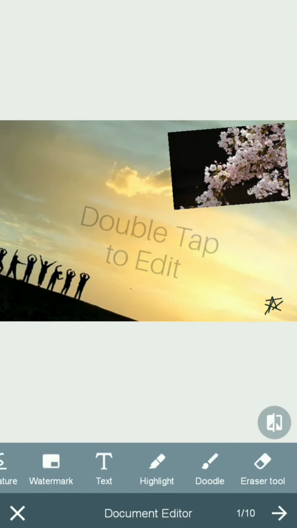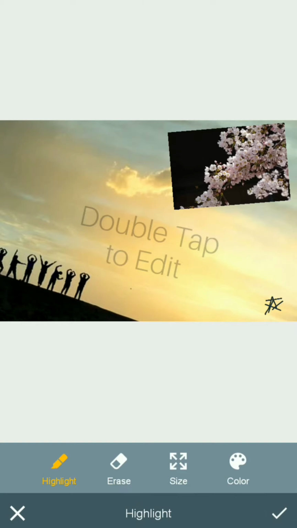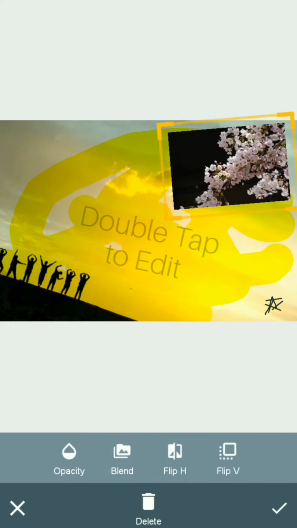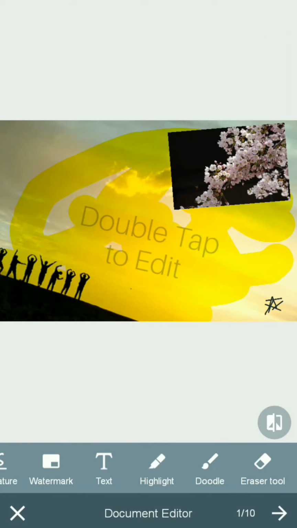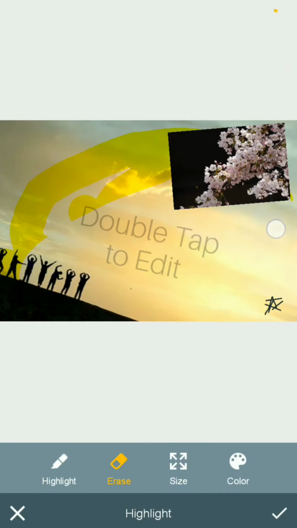After that, highlighting: you can see here the points which you feel are important. You can even highlight those, and if you have made any mistake, then you can even erase that highlighting. Highlighter size also you can increase. I have set the highlighter to the full size. Okay, and you can even erase this highlighter like this.